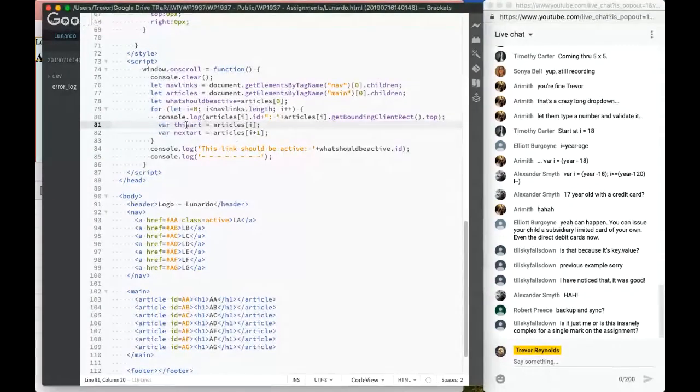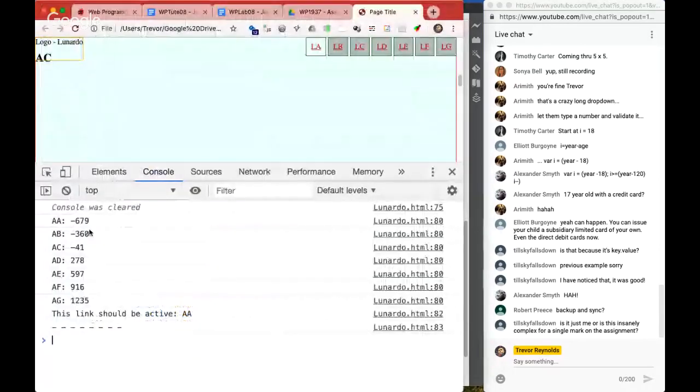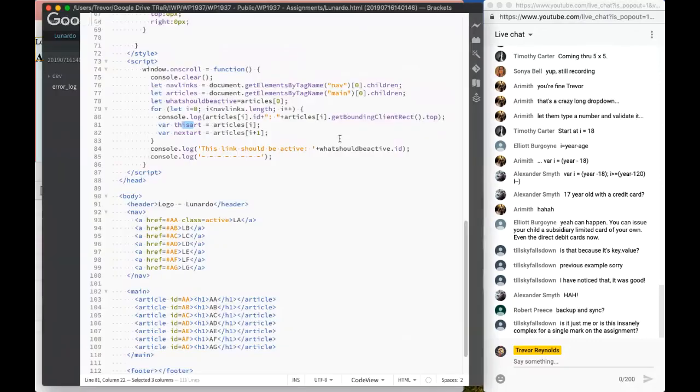And I'm thinking if this one is negative and the next one is positive, then I want this one to be the active one. Because this one's negative at the moment and this one is positive, so this one is the active element. So my guess is what should be active